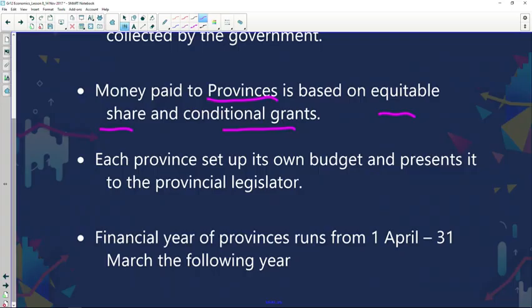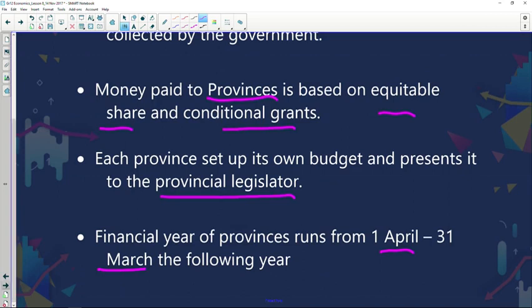If you live in Gauteng, we know that's the business hub of our economy. So there's a lot of development happening around your Johannesburg and Sandton areas. When they are looking at budget allocations, they would look at the economic activity that happens in that particular province, and then they will allocate the funds accordingly. Each province sets up its own budget and presents it to the provincial legislature, and the financial year of provinces runs from 1st April to the 31st of March the following year. Same as the national